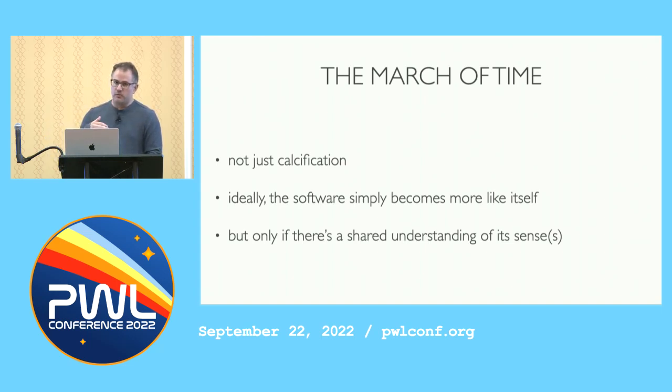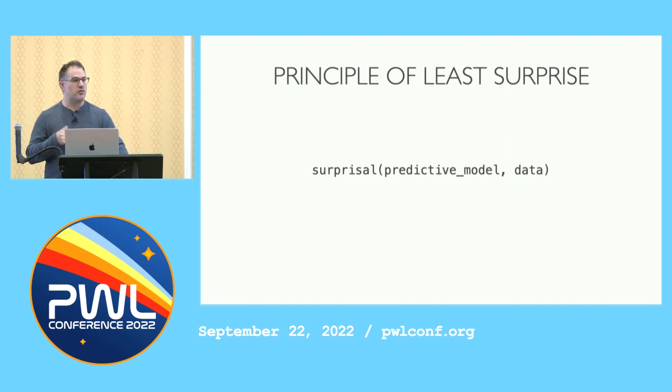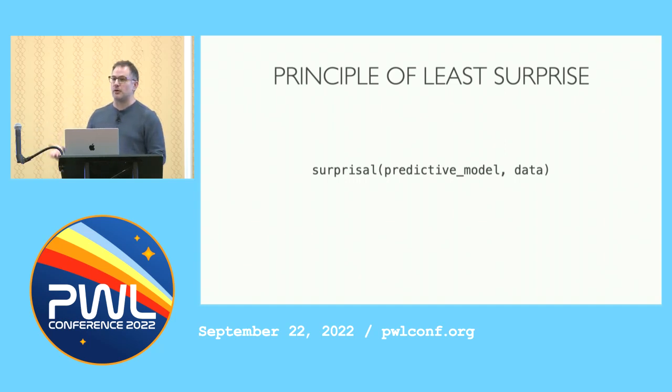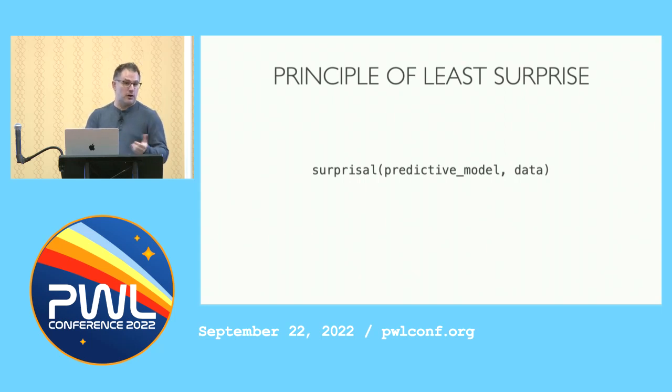And so the rest of the talk will be basically focusing on, well, how do we do that, right? And I think that a really important sort of framework to think about this is what is typically referred to as the principle of least surprise. Which, if you apply it to, say, user interface design, says when the user performs an action, whatever happens ought to be the least surprising thing, right? And that surprise is shaped by the user's expectations, and those expectations are in part due to our software, right? We should be consistent.